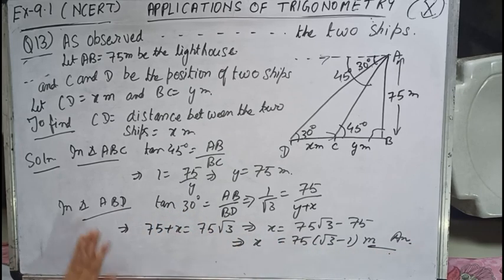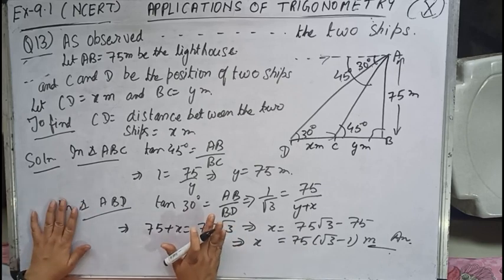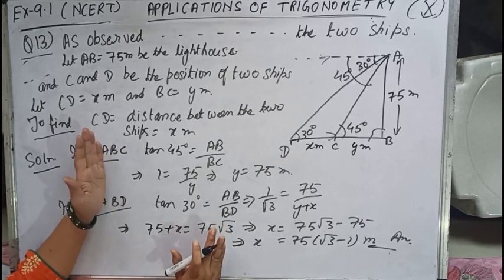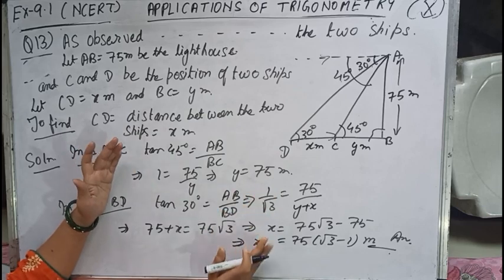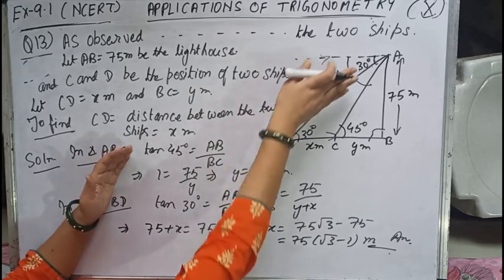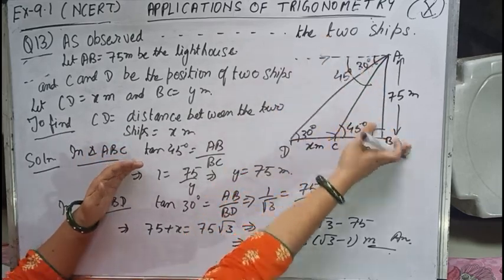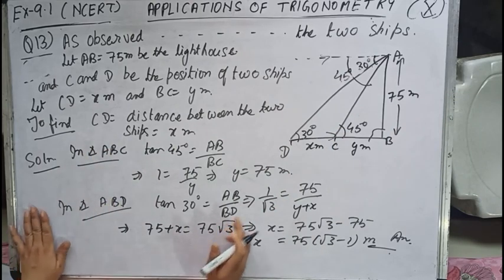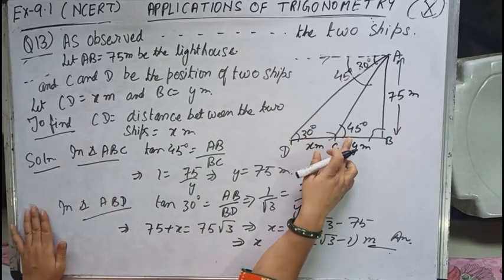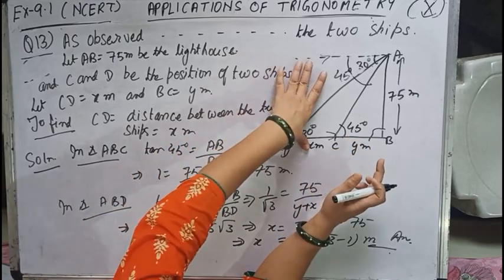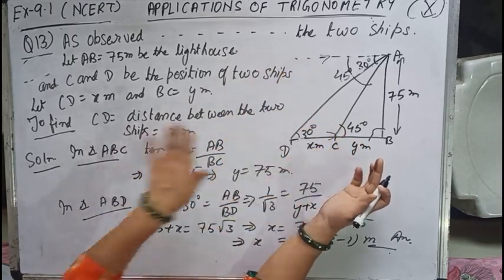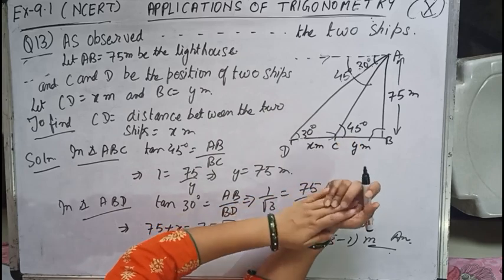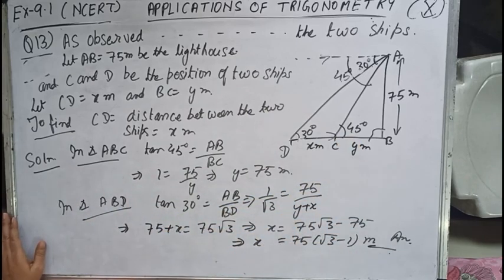So this is also a question which was based on the angle of depression. When a question comes based on the angle of depression, the figure is very important. You should draw it. If you are not drawing and directly solving, your marks may be cut. Now in this question children, how this one is 30 degree and this one is 45 degree, you can explain by using the alternate angle concept. I haven't explained it, but if you explain it, it will be better. Let us move to the next question, that is question number 14.